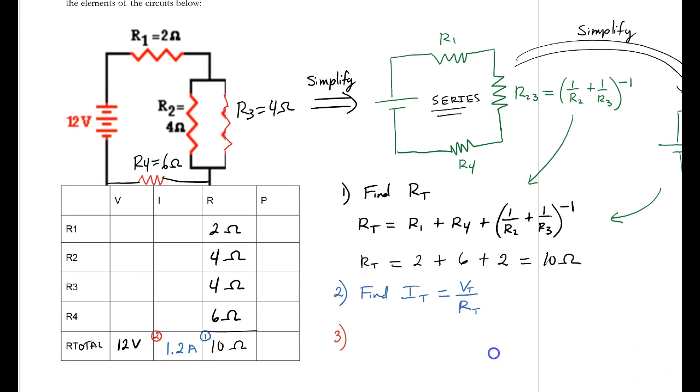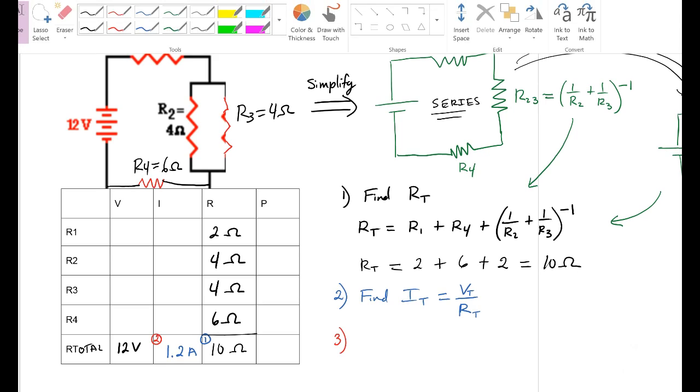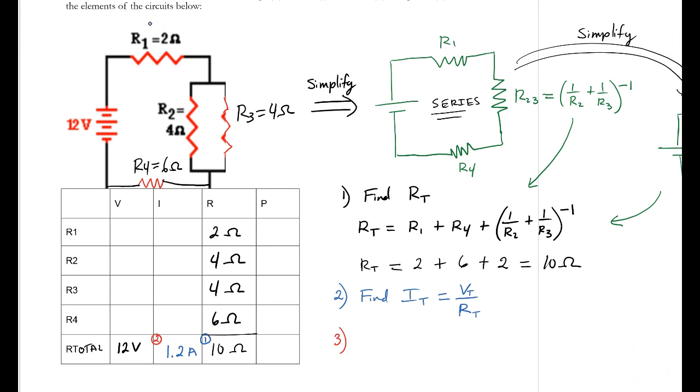How about we just trace it around the circuit and see what happens? Alright, so this current of 1.2 is going to leave the battery, and what happens to that current at resistor 1? Does anything happen to that current at resistor 1? No, right? It's just going to go straight through resistor 1, so at resistor 1 you can write down current